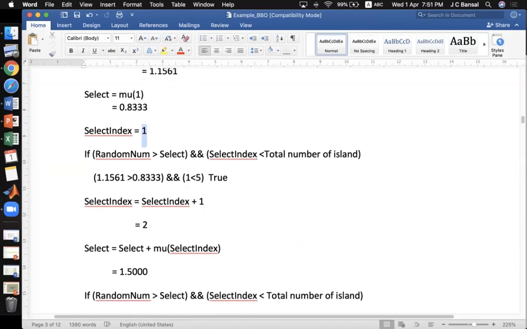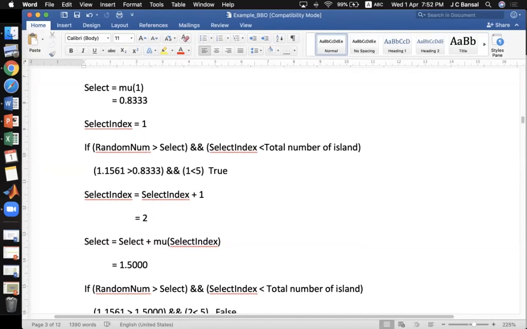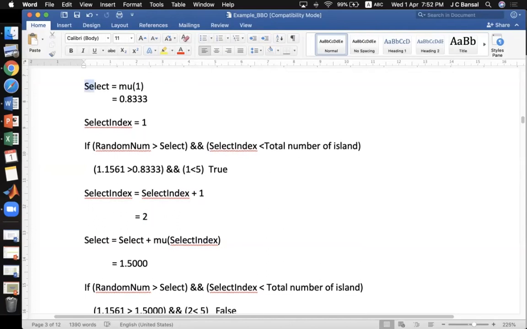increase the value of select index, and select index will become select index plus 1. So now it will be 2. Listen carefully. The value of select will be modified as the previous value of select plus mu of this select index. Mu of this select index means mu of 2.